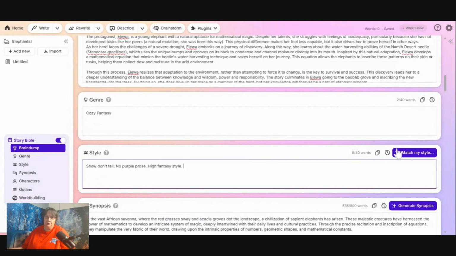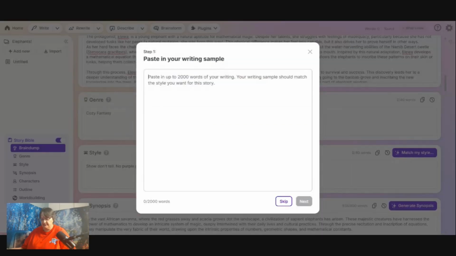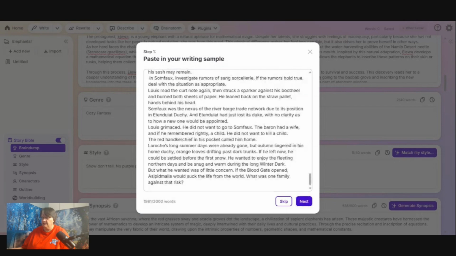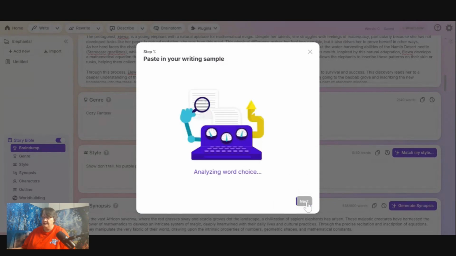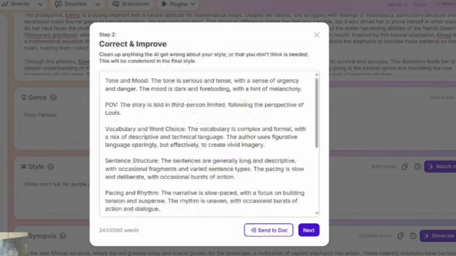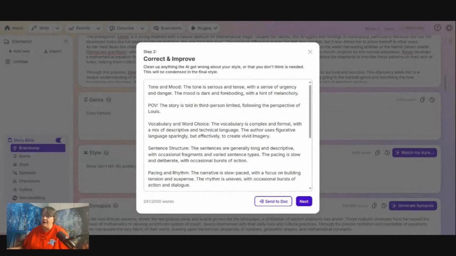So what I'm going to use to match my style is the first chapter out of my epic fantasy series, Sangwell Chronicles. And I'm just going to paste in 2000 words and next. And then Sudowrite will analyze my word choices here. So obviously this is now incorrect because it's not about Eloa, but I do want the story told in third person limited